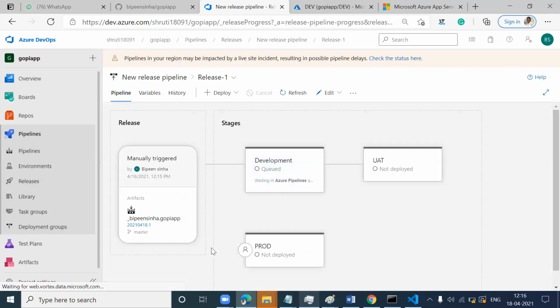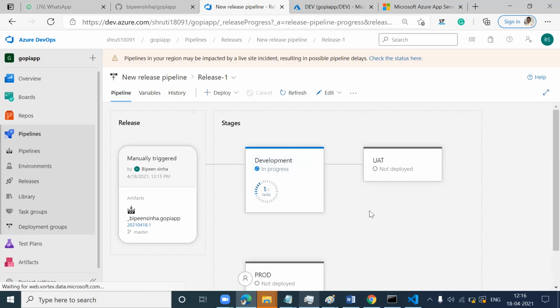What is happening automatically? Your deployment is automatically queued. Why? Because you have configured that whenever a new build comes, then automatically it goes to the development web app.